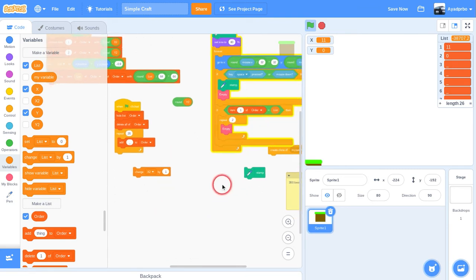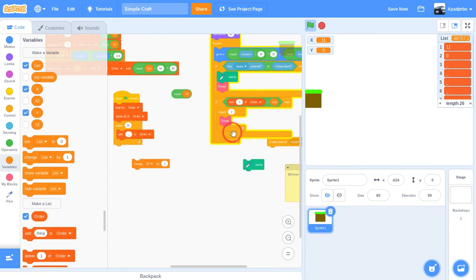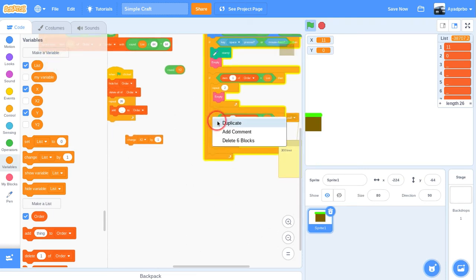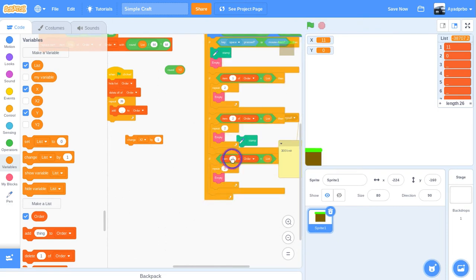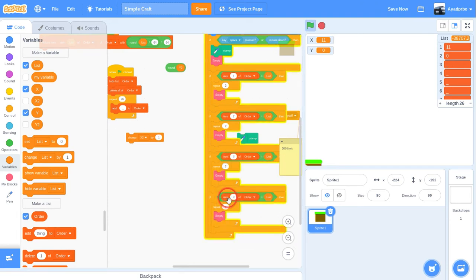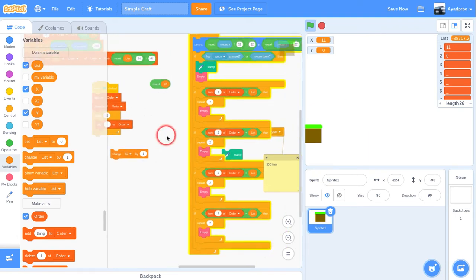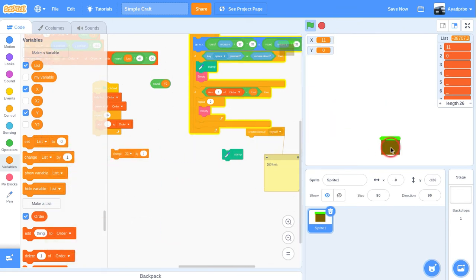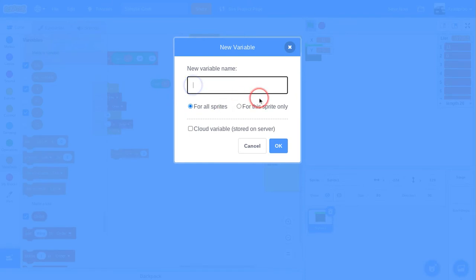This will reduce some lagginess, so we will duplicate the same thing and do 4 and 4, not 4, 3, and duplicate 4. Now, but if we noticed, the script's very long. There is a way to make the script lesser. We're gonna make a variable called, it's called next